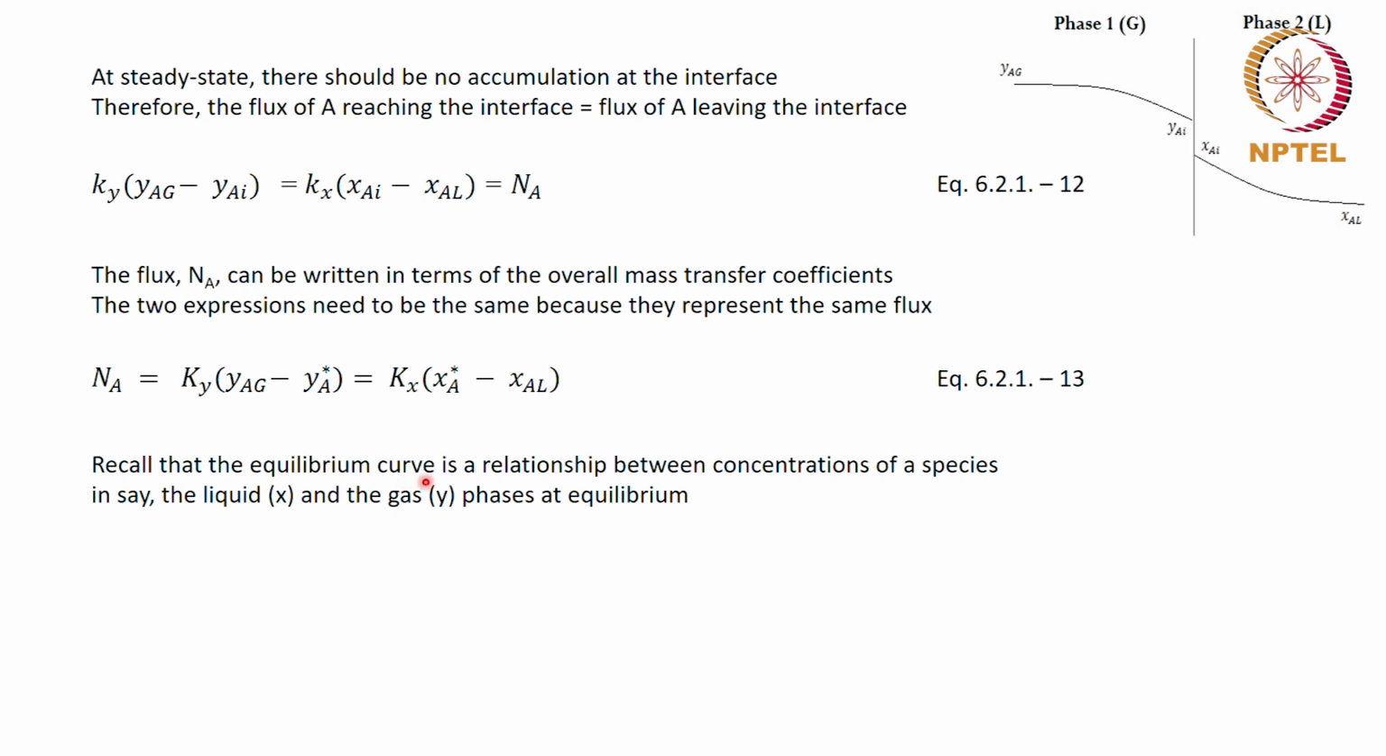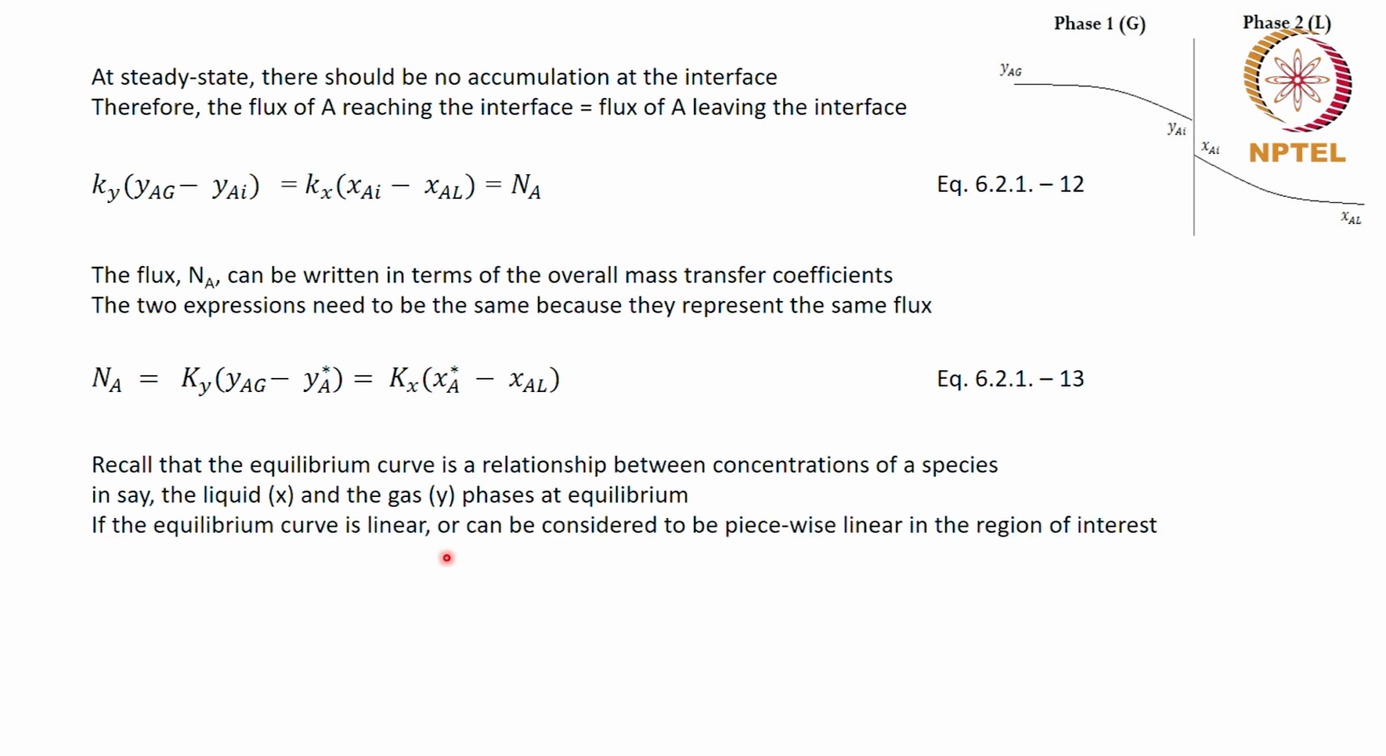Now recall that the equilibrium curve is the relationship between concentrations of species in the liquid and gas phases at equilibrium, Y versus X, and the relationship is something like this. This is at equilibrium. That's a typical equilibrium curve. If the equilibrium curve is linear or can be considered to be piecewise linear in the region of interest,